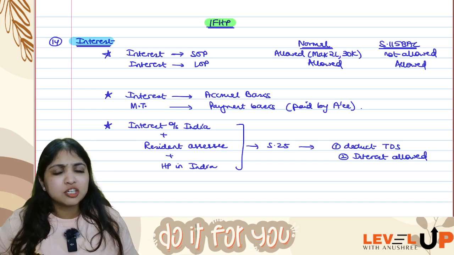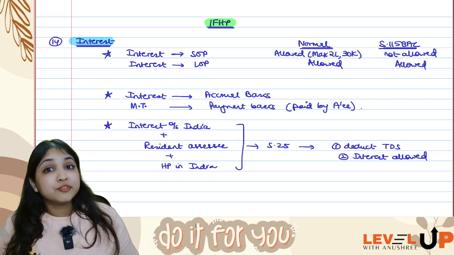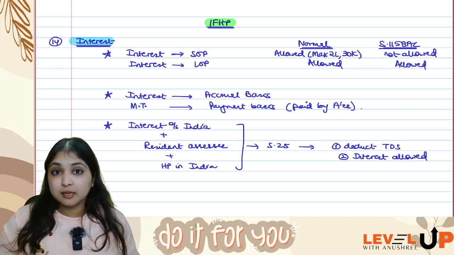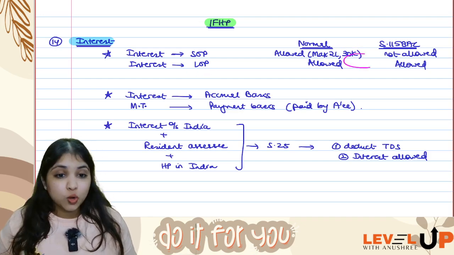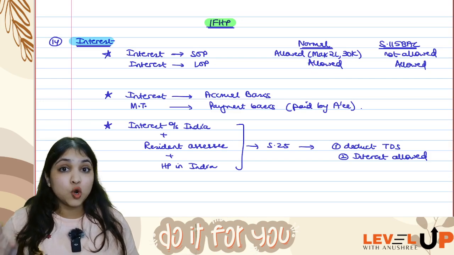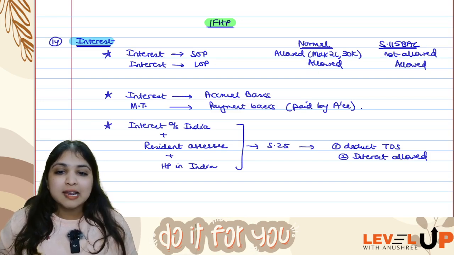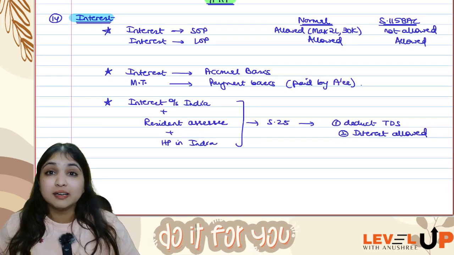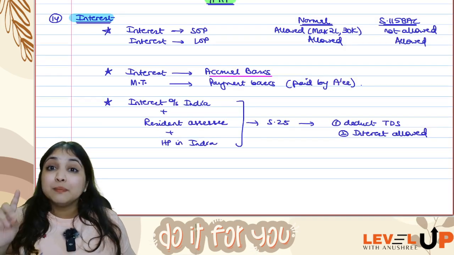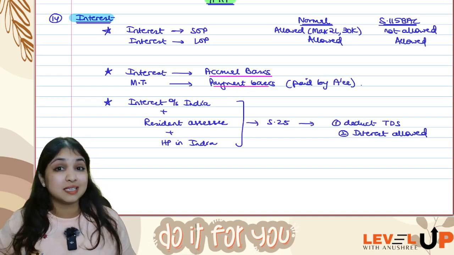If even one condition is not followed, like for example, if the loan is for repairs, or if the loan was borrowed before 1st April 1999, then the limit will be 30,000. But if it's a let-out property, entire interest is allowed as it is. There is no limit at all. But however, if your assessee is following 115 BAC, then self-occupied property interest itself is not allowed. Let-out property interest is normally fully allowed. Alright. Then interest is allowed under IFHP on accrual basis. But municipal tax is allowed on payment basis. And when I say payment basis, it has to be paid by assessee himself.